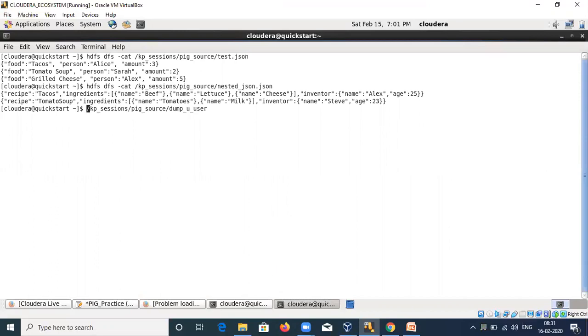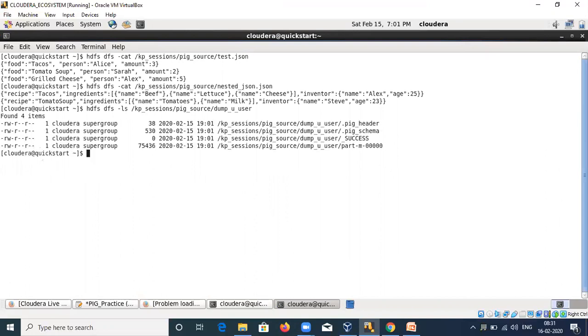Now let's go and, if it disconnects, we will join back. Now you see here part-m-0 created along with the pig schema. So let me cat it. Part-m